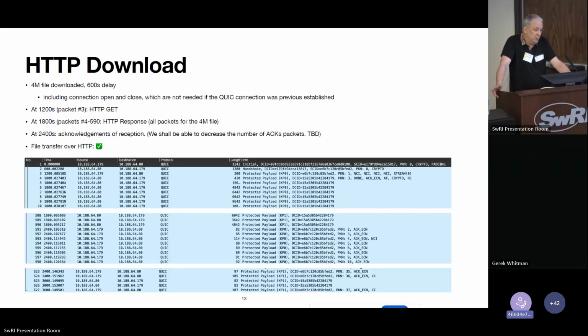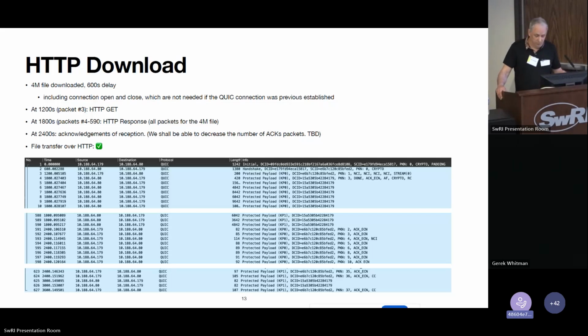We tried the HTTP download, a 4 meg file download, with a 10 minute delay. By the way, we also did this month-long calendar or world clock simulation of 5 days one way, so 10 days round trip time. It takes a whole month to get the simulation working, and it worked. This slide deck was done before we finalized the simulation.